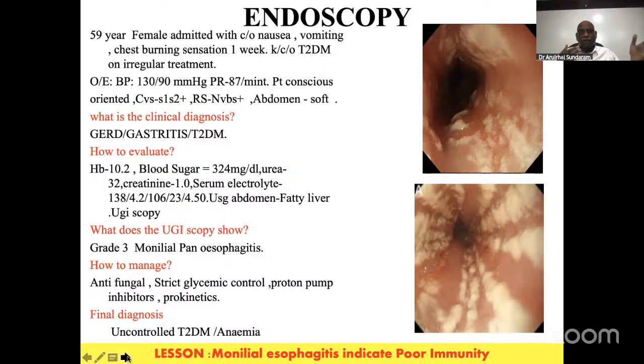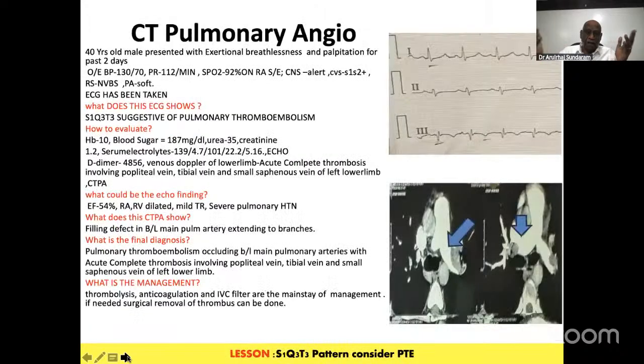Therefore, good control of diabetes is needed along with intravenous antifungals. We don't go for oral antifungals. Intravenous, for fungus always give it. And the most important thing is not just clearing the moniliasis, which can be cleared. The immune deficiency, you should correct it. Sometimes you may even need blood or fresh frozen plasma. It's a very interesting thing when somebody comes with breathlessness.